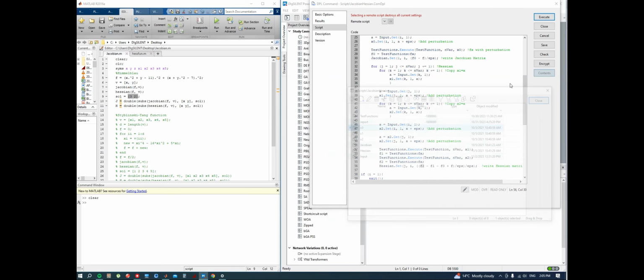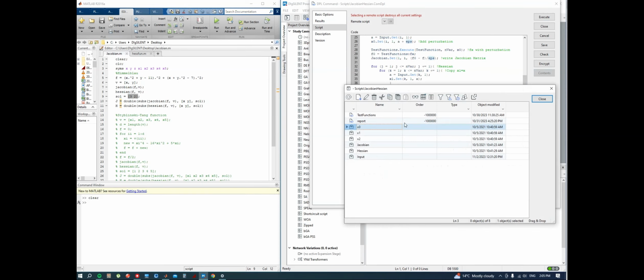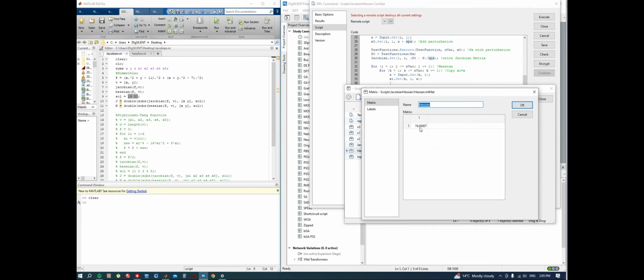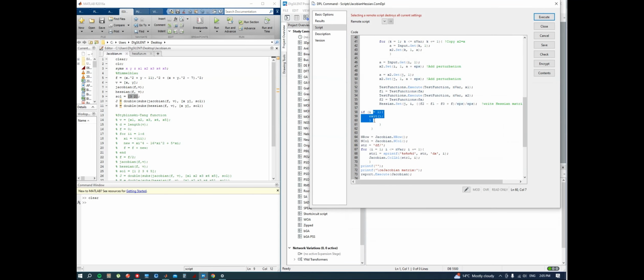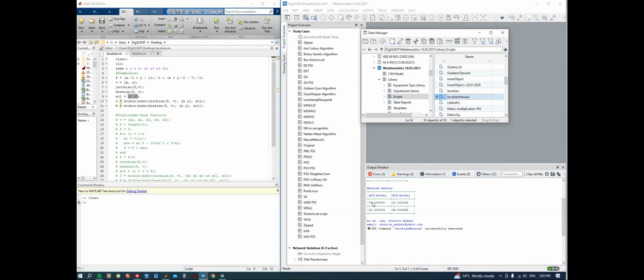And having all these terms computed, the f's, the first term of the Hessian is like this. Sorry. It is 74.00007. Yes. Now removing this breakpoint, once again we obtain these results. Now that we have the Jacobian matrix and the Hessian matrix in DIgSILENT with our script,